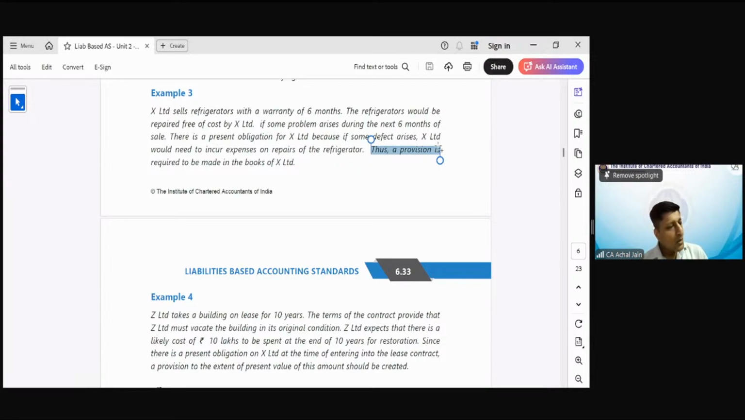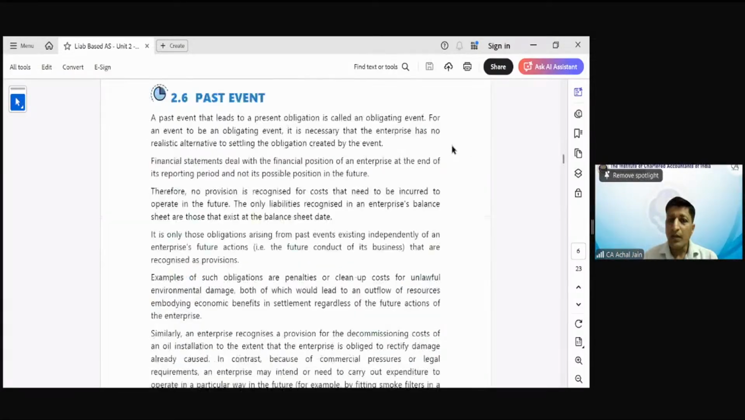Okay, great. Now, another feature which you find in case of a liability is that it will require outflow of resources, and that is probable. That's another feature. Now let's talk about it. Because of the past